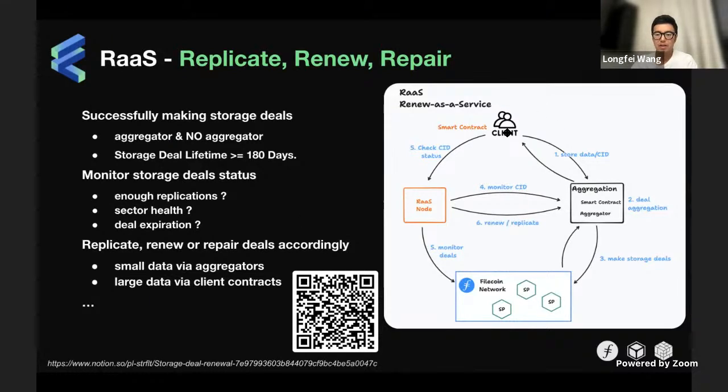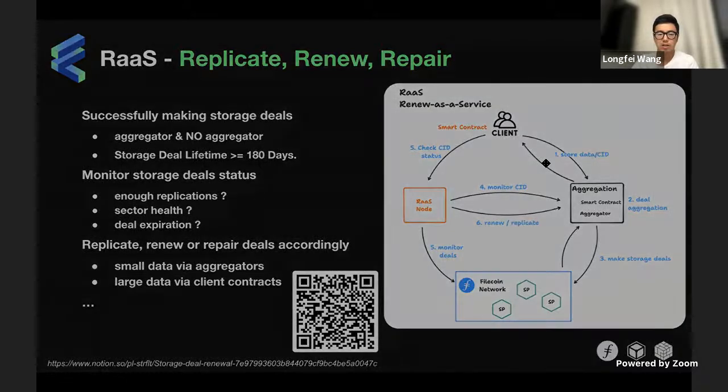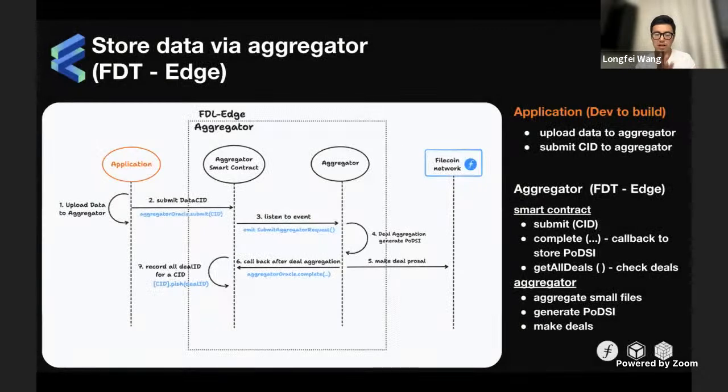And I'm not going to spend too much time talking about how to make a storage deal through aggregator, because Matt has covered it last time. So I'm just going to go over it very quickly. And the example here of making a storage deal through aggregator, the important part compared with what Matt talked about is